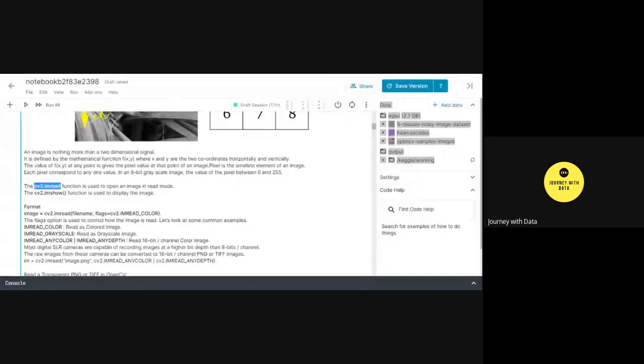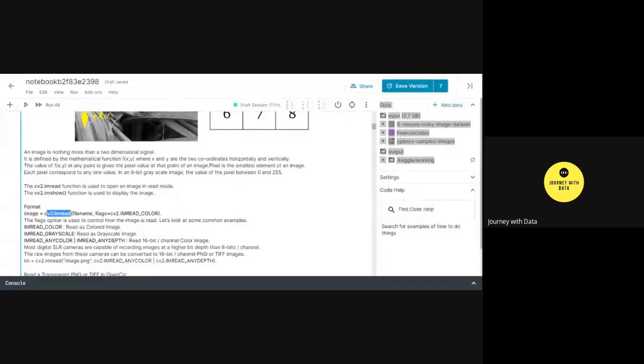So cv2.imread, then your file name, and then the flags. That's the basic format. These flags are options on how you can control the image.